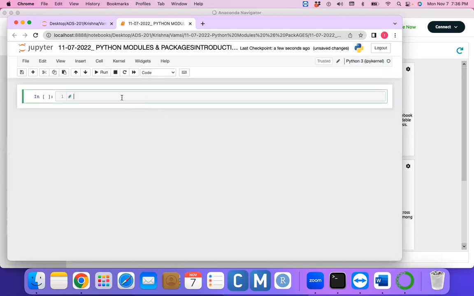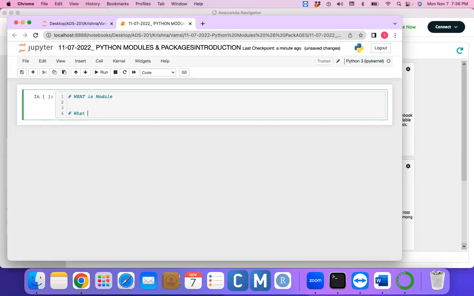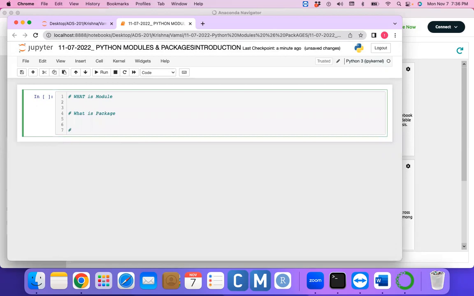So my question is, what is a module? The second question is, what is a package? Next, what are the types of modules and packages we have?